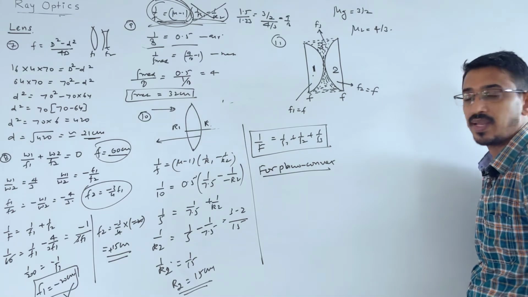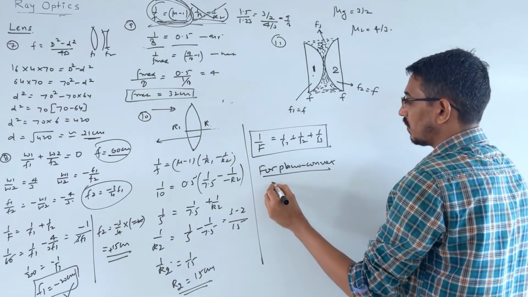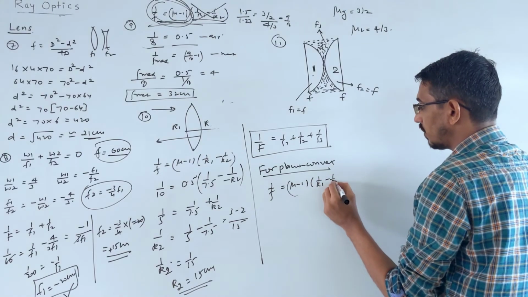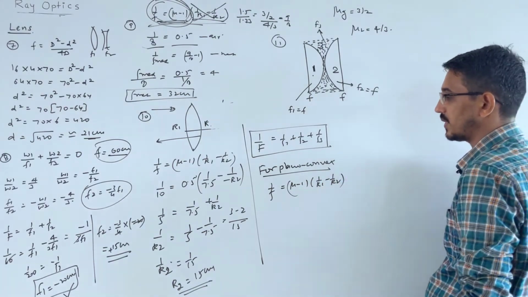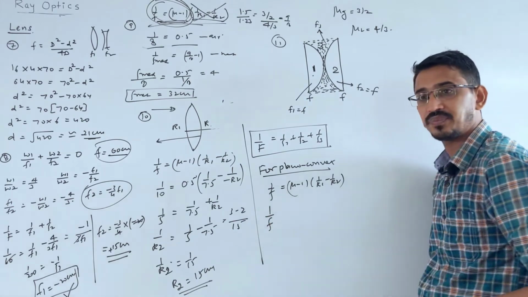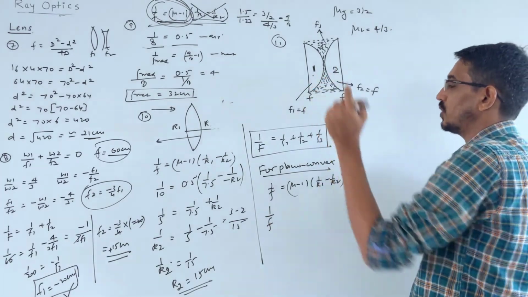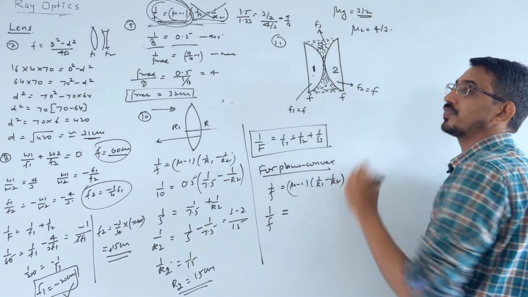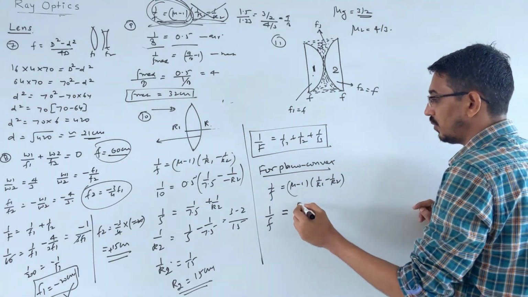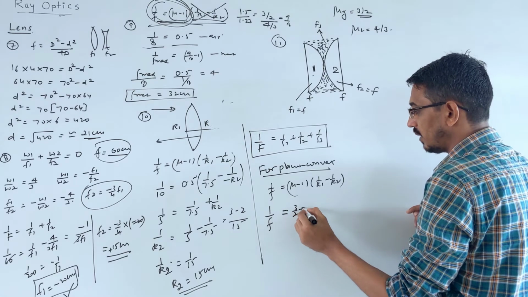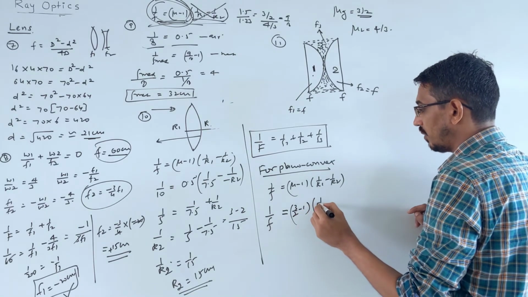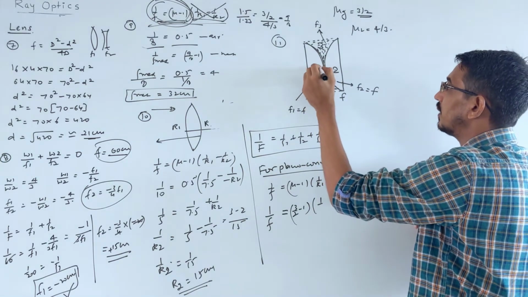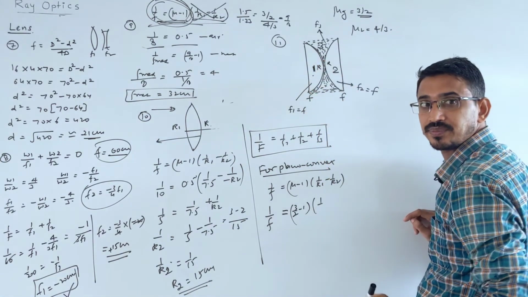Any lens you can write. Suppose you are talking about this lens, let's write the lens maker formula: 1 by f is equal to mu minus 1 into 1 by r1 minus 1 by r2, it's the correct formula. Let's write for this lens. Focal length is given as f only, and positive. This lens has positive focal length. The refractive index of this lens is 3 by 2. Correct? So 3 by 2 minus 1, I should write here, if you get confused, times 1 by r1. Suppose this is the radius of curvature, that we are calling R. For this also R.